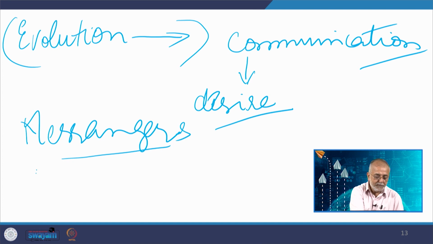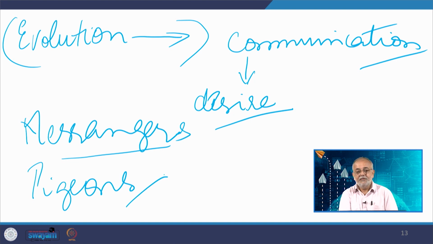Then people started using birds, pigeons, and you have songs on this. Pigeons were being used because somehow they were trained to reach back home, so they were transported, and we all know that. Then several other birds were being used for these kinds of purposes, and there were countermeasures to stop this kind of communication during war times also. So you see, that story starting from messengers to pigeons to reach a postal system,